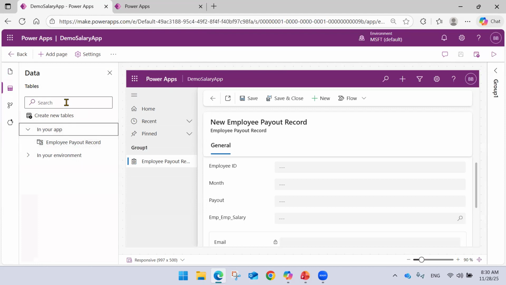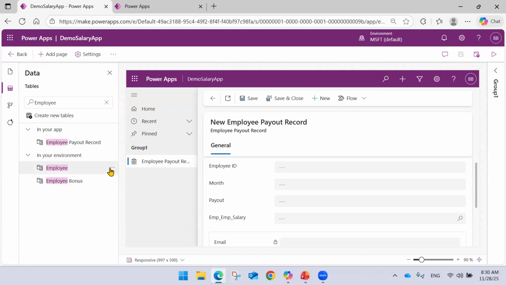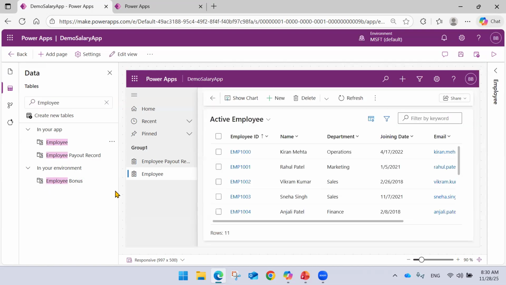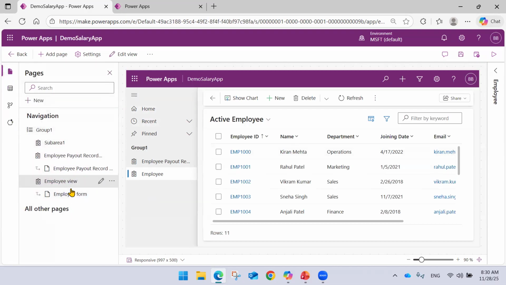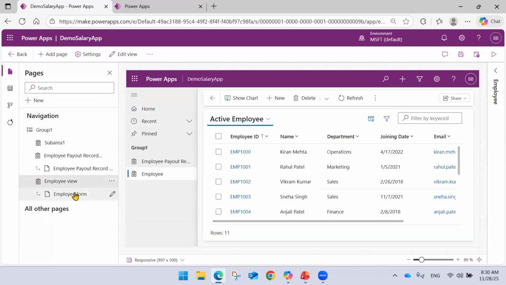Now I would like to use another table that is called employee. So I will use this. I click here and add to app. So now all the forms, if you come here, even if I select this and if I select this,